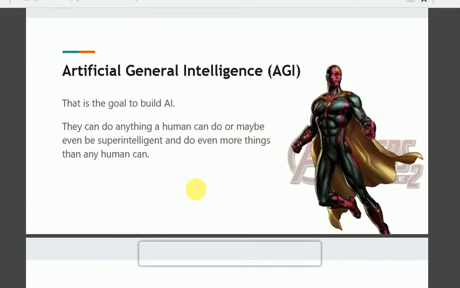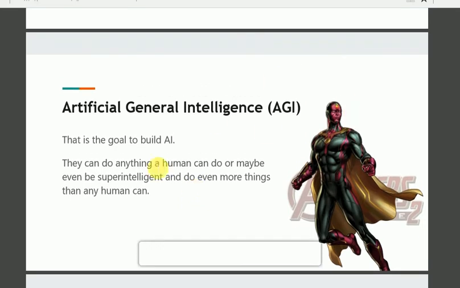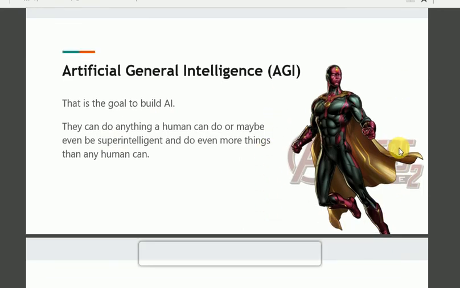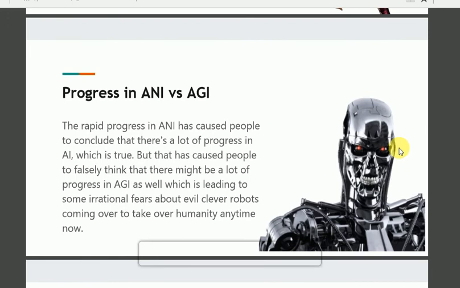Further, what is artificial general intelligence? Like I gave you the example of the Sophia robot, and here there is an example of a kind of super person. That is performing a task better than a human or equivalent to a human. So there is progress in AI versus AGI.